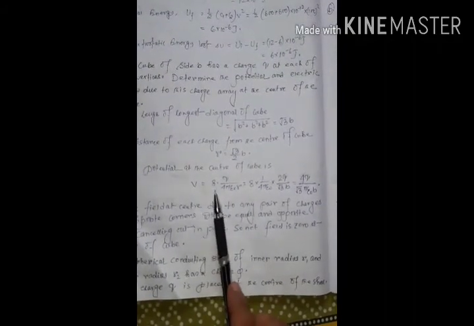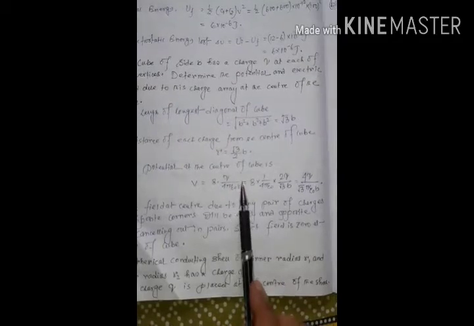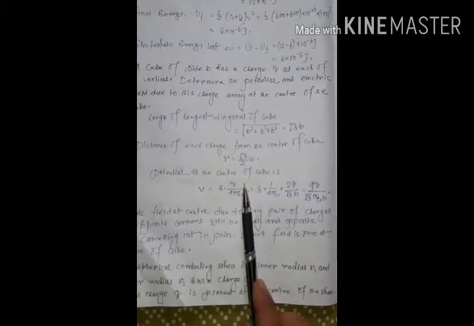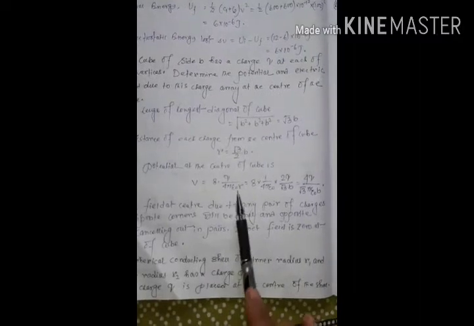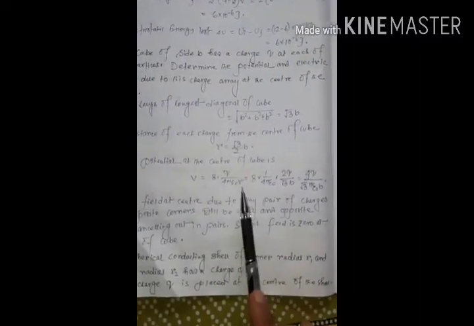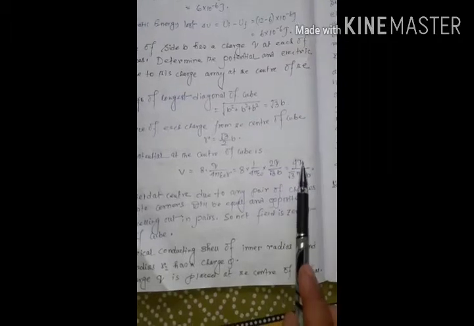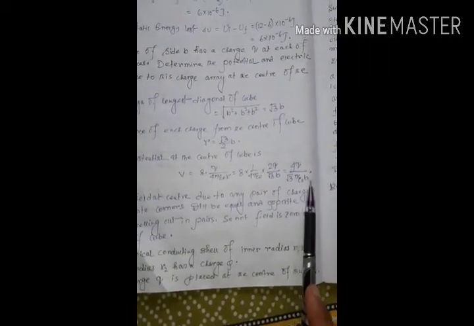Okay, so now during the calculation of potential, you have to remember potential is a scalar quantity. That's why the net potential at the center of the cube is equal to the sum of the potentials created by all the charges present at the 8 vertices of the cube. That's why the net potential is given by V = 8 × Q / (4 pi epsilon naught R), where Q / (4 pi epsilon naught R) is the potential due to a single charge. By putting the value of R from here, we get the potential as 4Q / (root 3 pi epsilon naught b).